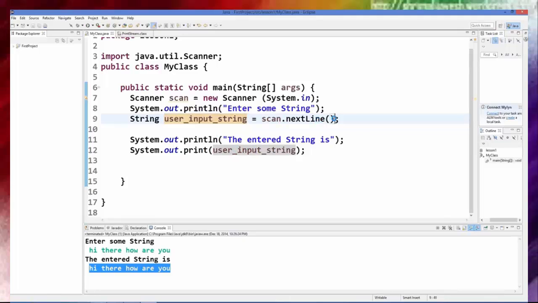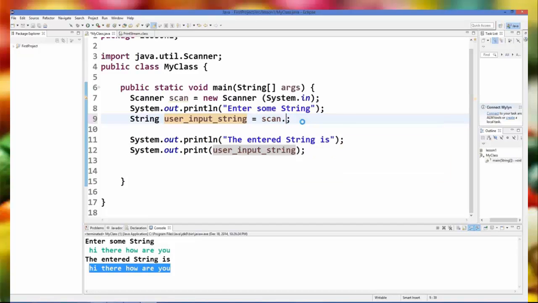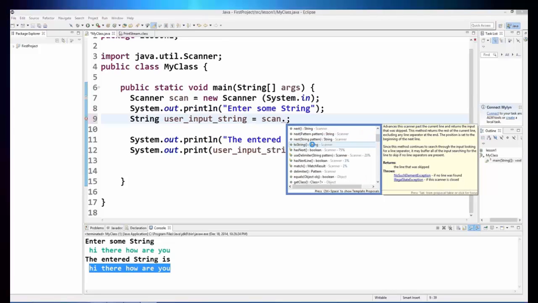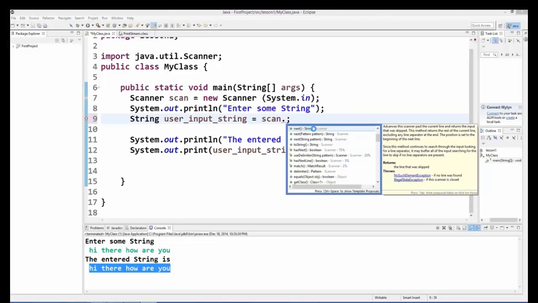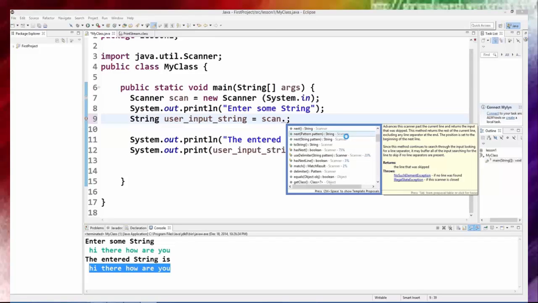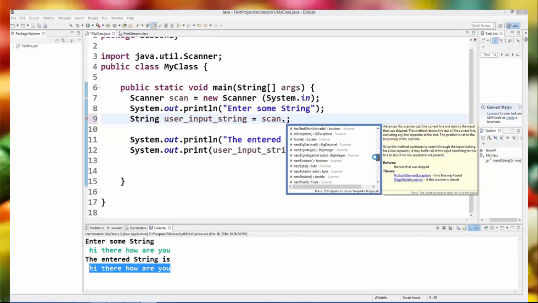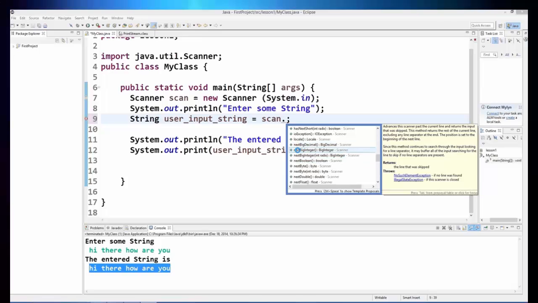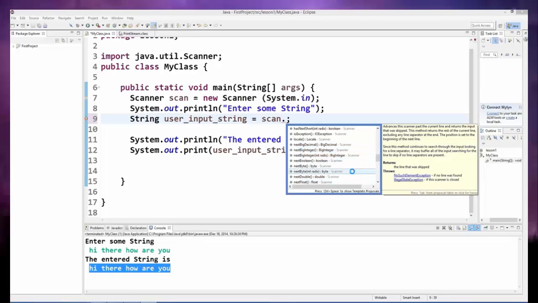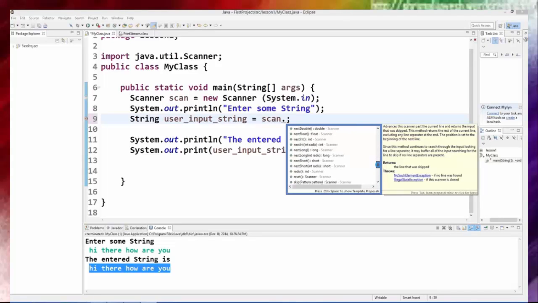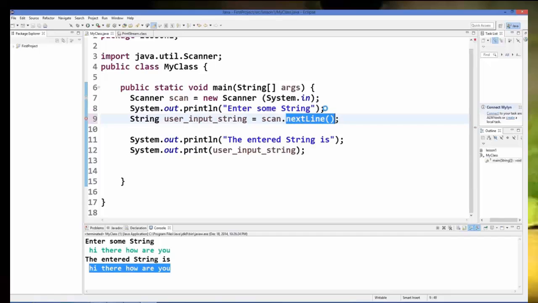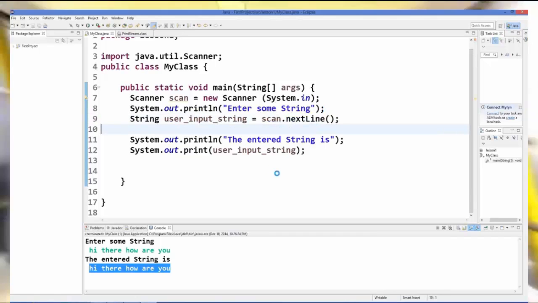In the same way, in the place of this nextLine, there can be different functions. nextFloat is there. Simple next is there, which will return you the string. There are functions like nextBoolean, which can take a boolean value, nextBigDecimal, nextBigInteger, nextByte, nextFloat. So whatever data type input you want to take, you just need to use the corresponding next function. I hope you understood the basic concept of taking or scanning inputs from the user,